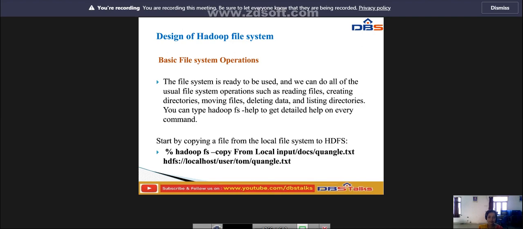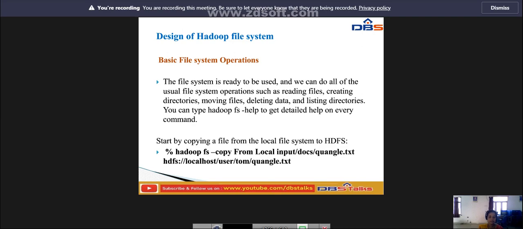Okay. So what I am giving for HDFS, I am giving percent hadoop fs, the Hadoop file system. This is the common thing which I use for starting, that is percent hadoop fs, whether it is copy or, if I want to delete the data, delete. In the first step, I am going to copy the file from the local file system to HDFS.